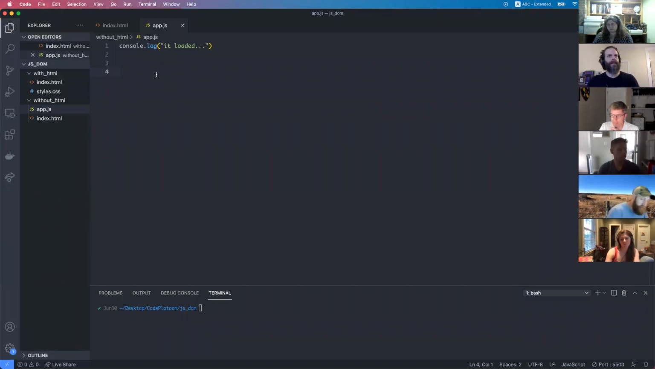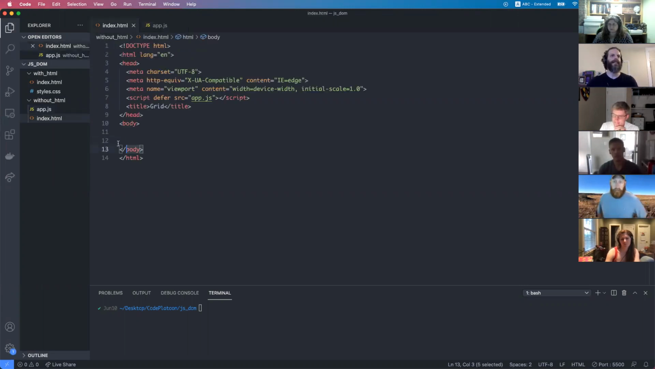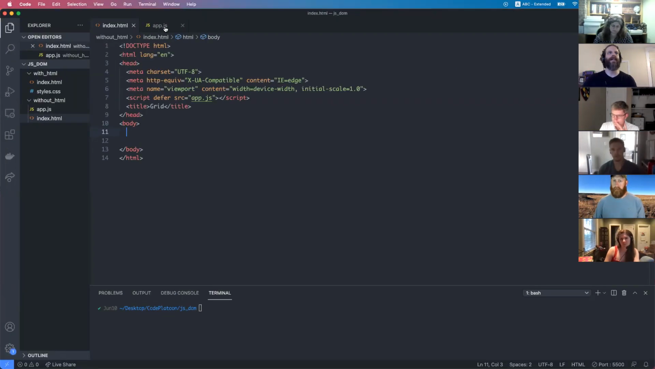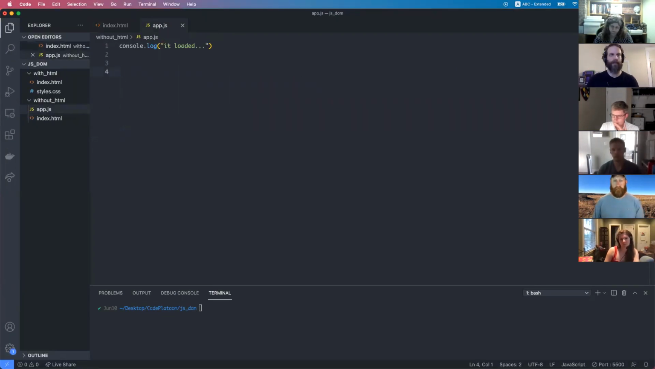So let's go ahead and find. So if we want to add, we don't have anything here. But we want to add an H1 tag. So what would the parent node of an H1 tag be here? It would be body. Yeah. So let's start by grabbing body. So let body equal